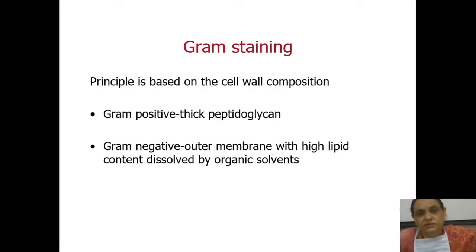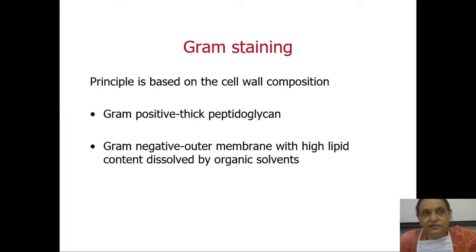So what is this gram positive and negative that I said? Today you people don't have practicals, so it is much easier if you have hands-on practicals. Then you see how to do a gram stain, how does gram positive look, how does gram negative look. But anyway, these are unprecedented circumstances, and we have to go ahead with whatever best we have. So this principle is based upon the cell wall composition, and also I must tell you, this is one of the most important questions that is asked in the practical examination. Almost all of you will be asked, in internal assessment and final exam and everywhere.